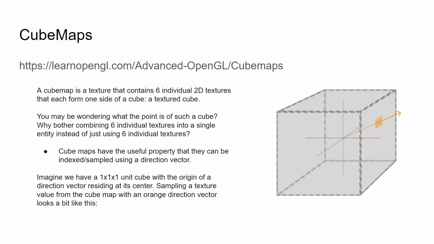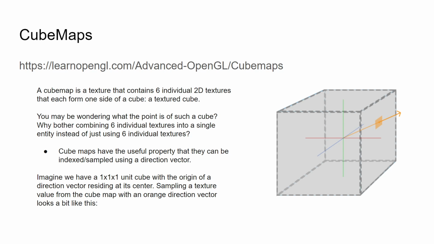So along comes this texture cube, or a cube map, which is different, of course, in that it is a texture that is sort of three-dimensional, right? Sort of three-dimensional the way that the campfire is sort of three-dimensional, if you're not familiar with that. It's an inside joke. But anyway, a cube map is a texture that contains basically 6 individual 2D textures. So think of it as a cube, right? Each surface of the cube has a texture associated with it. So there are 6 individual textures that each form one side of the cube. So in and of itself, it looked like a textured cube.